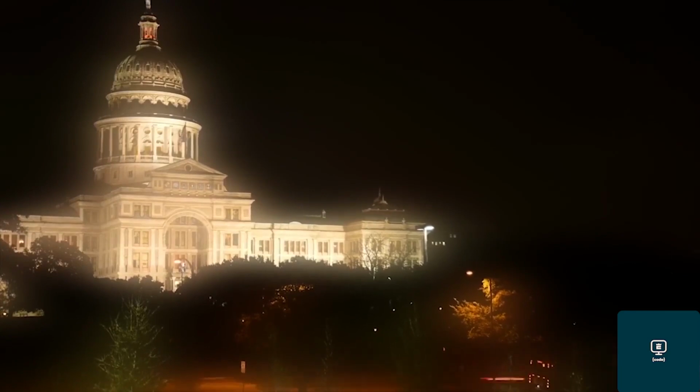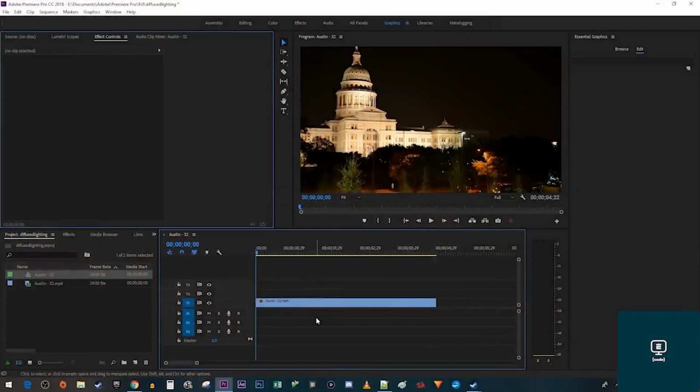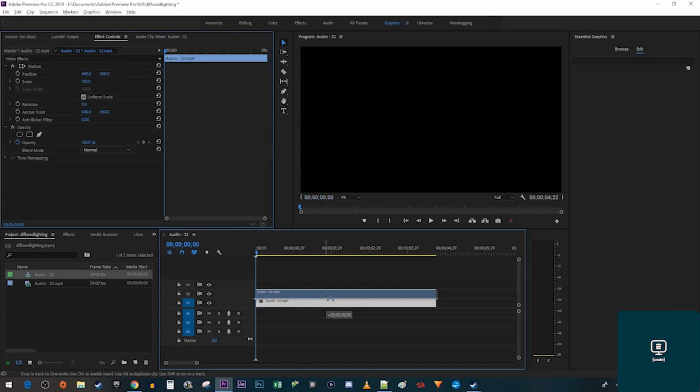In this tutorial, I'm going to show you how to add diffused highlights to clips. To get started, I just added a clip to my timeline that I'd like to add diffused highlights to. Let's begin by holding down the Alt key on your keyboard and dragging the clip onto the track above to